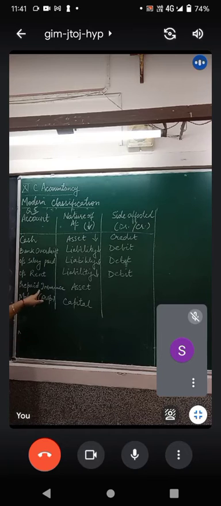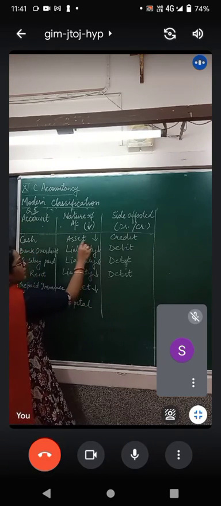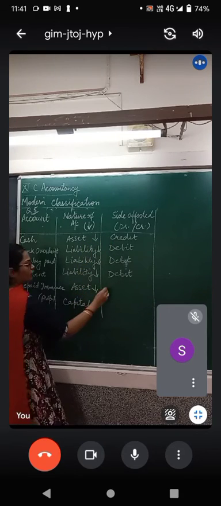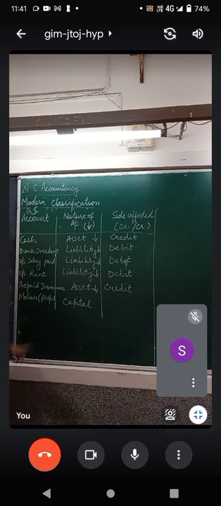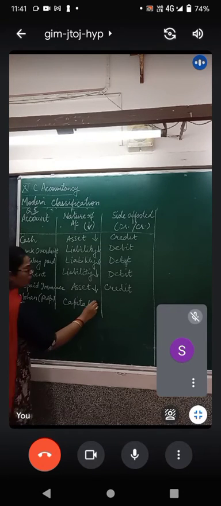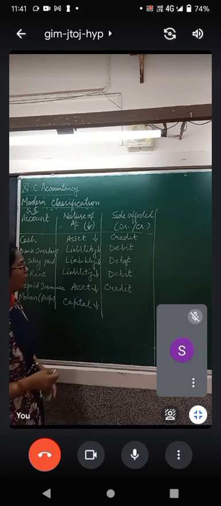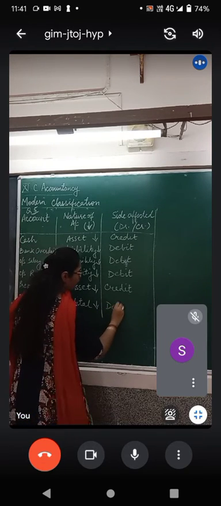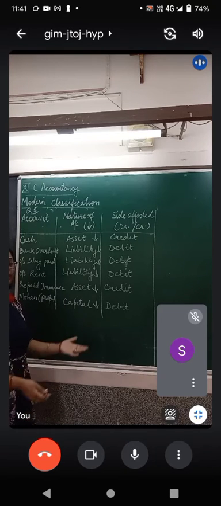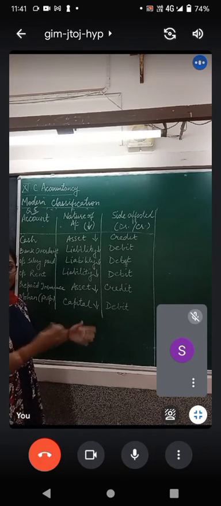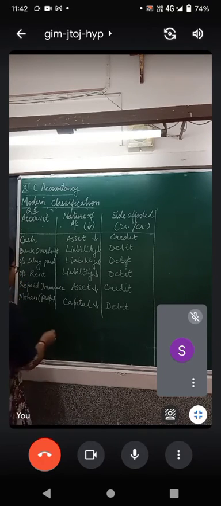Okay. Then you have prepaid insurance, which is an asset. Now to reduce any asset, what you have to do? You have to credit it. And Mohan, who is a proprietor, so now you see capital withdraw करी है business में से. For this you have to debit his capital. जब आ रही होती है then you credit capital. But when it is going out of business, then you have to debit. Is this clear?